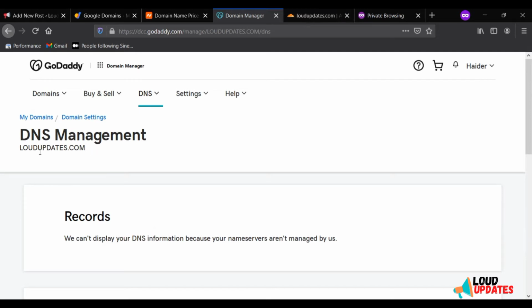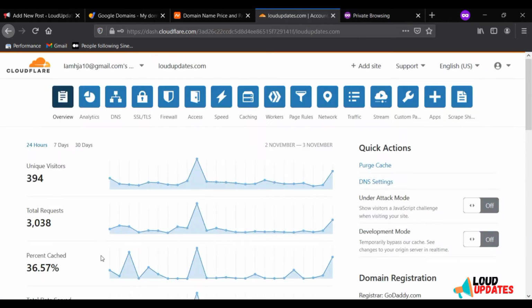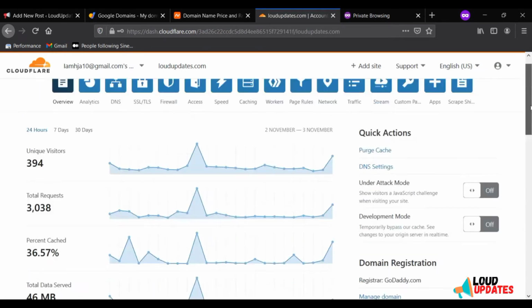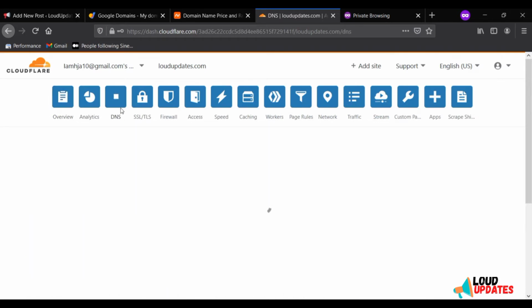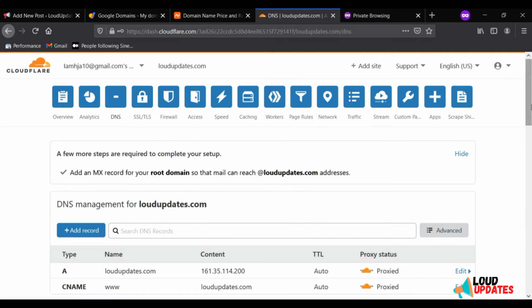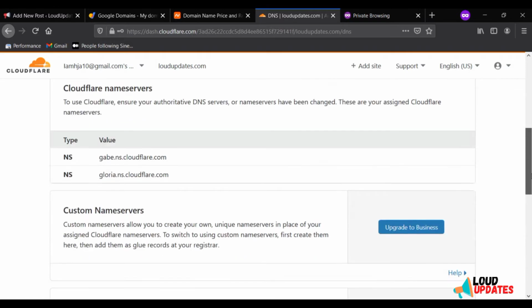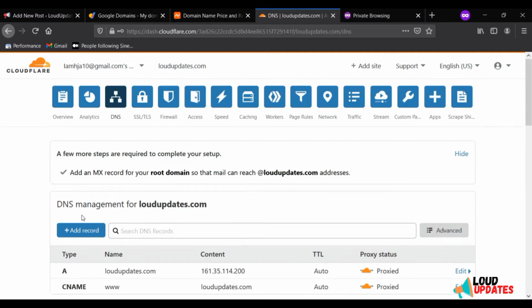Wherever you are managing your DNS, just go to your domain DNS settings. Now the tutorial starts.